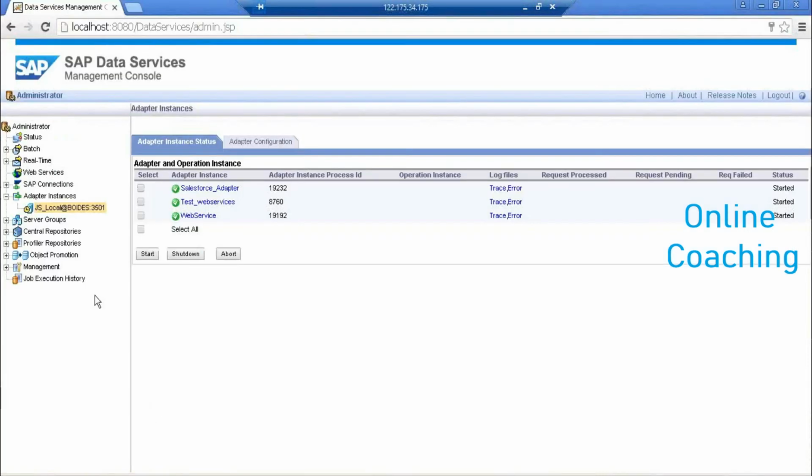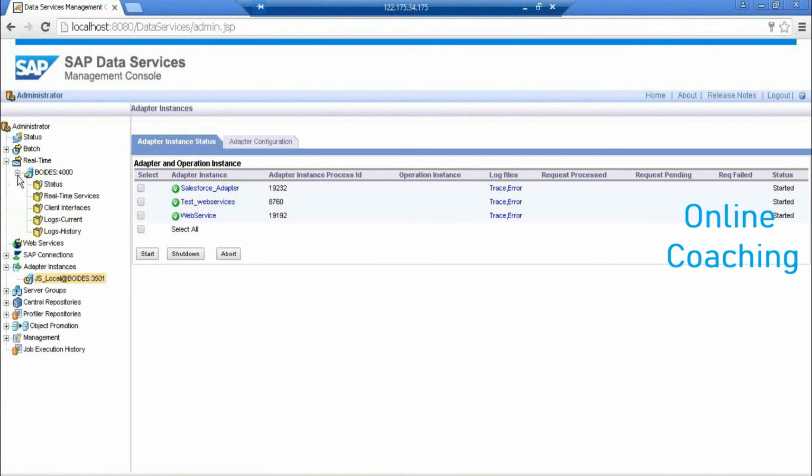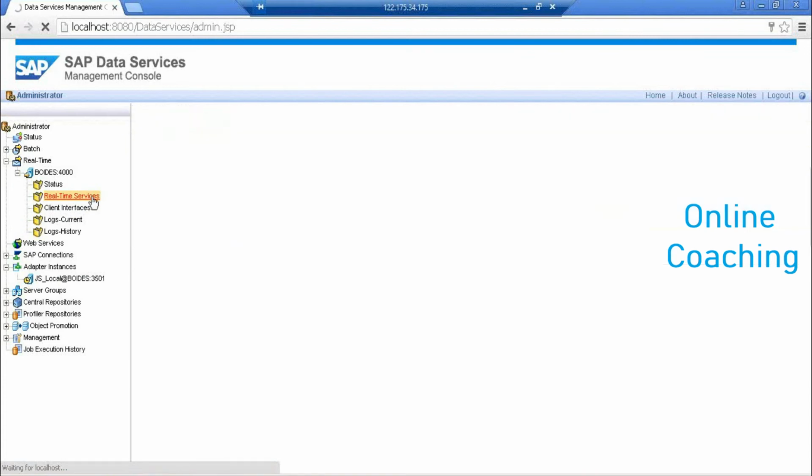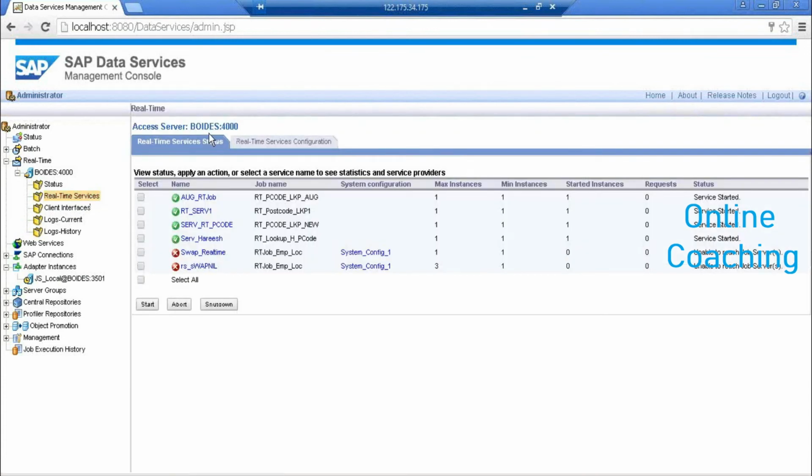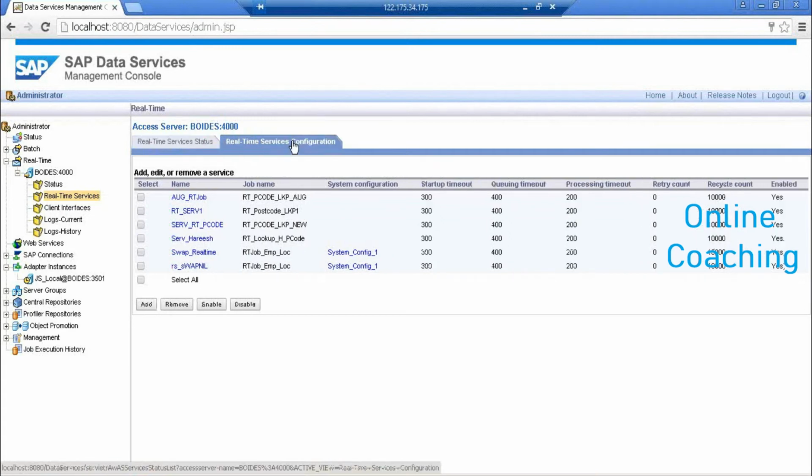To do that, go to your Data Services Management Console, expand the real-time, expand the BODS server, and then click on the real-time services. There you will see two tabs. One is your real-time status for the jobs that are already running, and the second one is real-time configuration. This is where we add our job or convert our job to a service. For that you need to click on add,